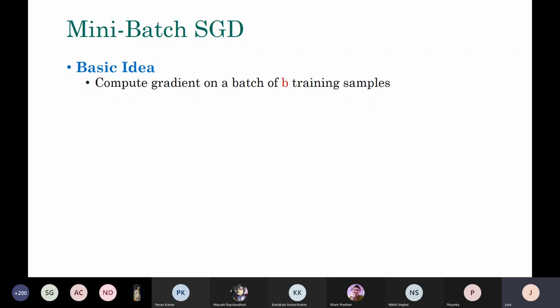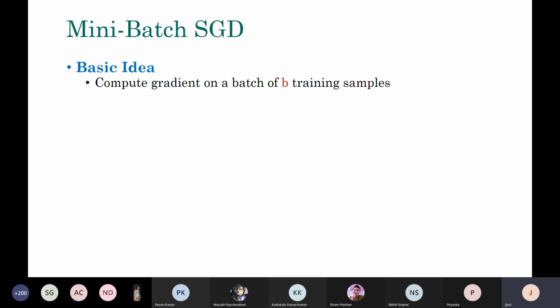It may misguide my direction, because every time you are consulting a single example to tell you which direction you should take, there could be error in the data, there could be high variability in the data, and so on. If all the points are in coherence, if they are agreeable, then you can always find the right direction. But some points may be erroneous for some reason, and they can misguide you. They can tell you that you should not move in this direction, you should move in the opposite direction, things like that. That's the problem with single element stochastic gradient descent.